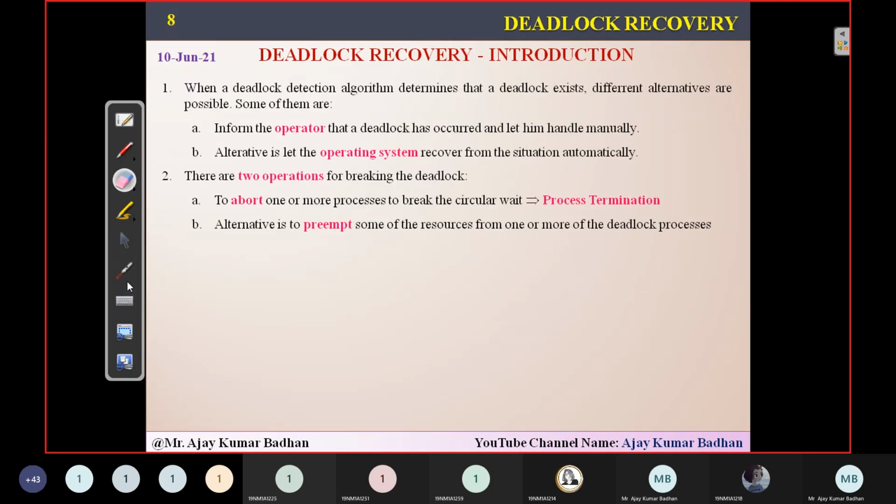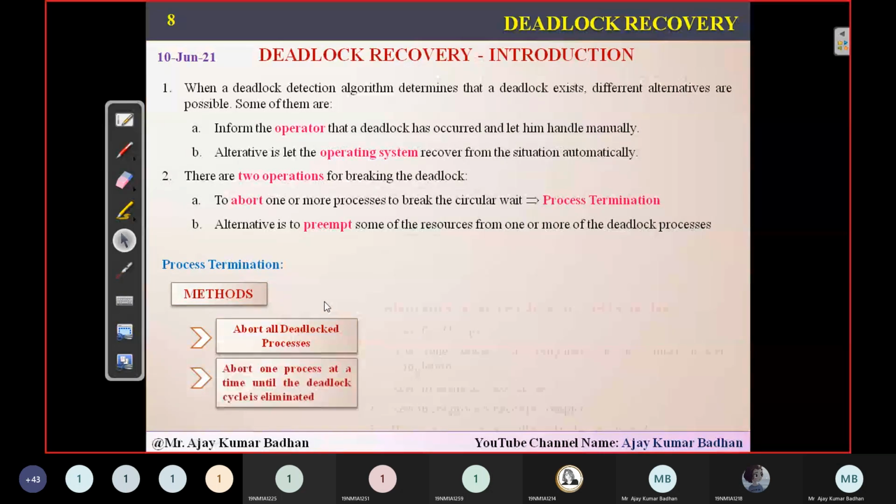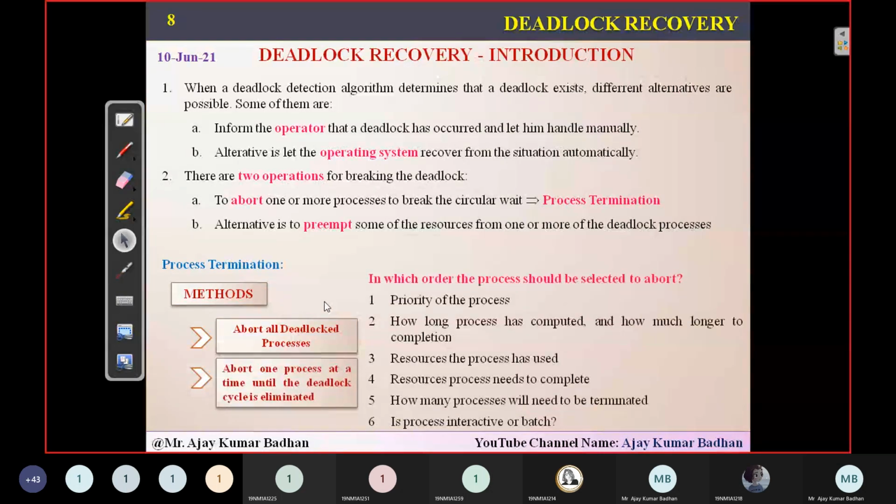Now there is a deadlock existing here. What we had to do, we had to recover it, right? So for recovery, different assumptions and provisions have been given here. This is what we have. So give me just 2 minutes so that I can complete the topic. Here deadlock detection is completed. Once the deadlock detection is completed, we have to recover from that. How can we recover? There are different alternatives.